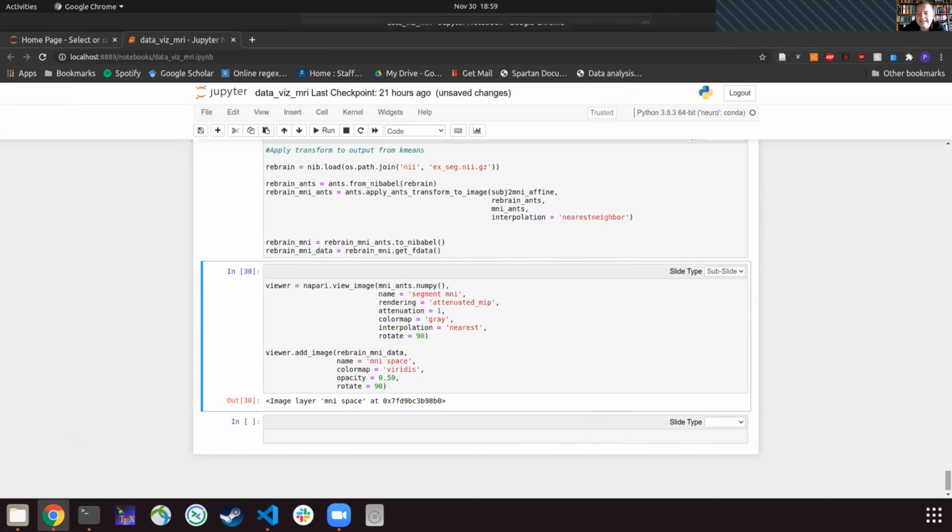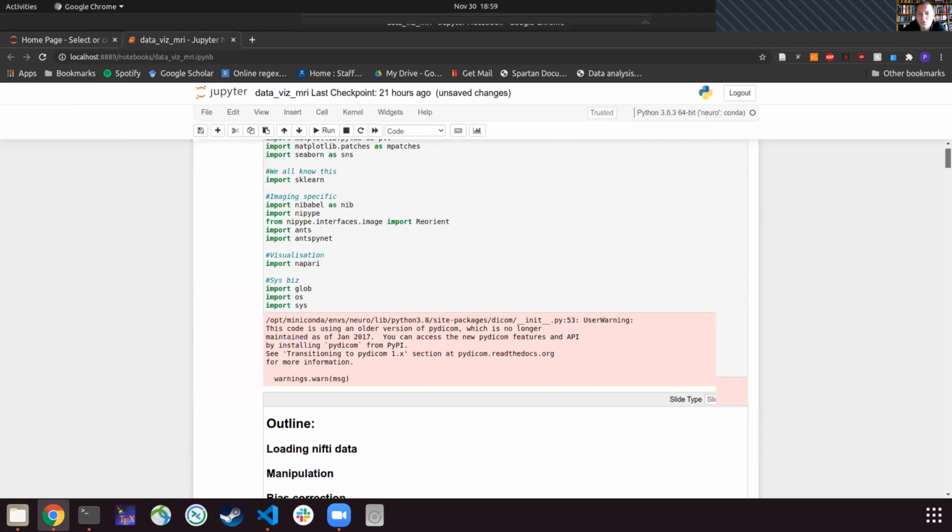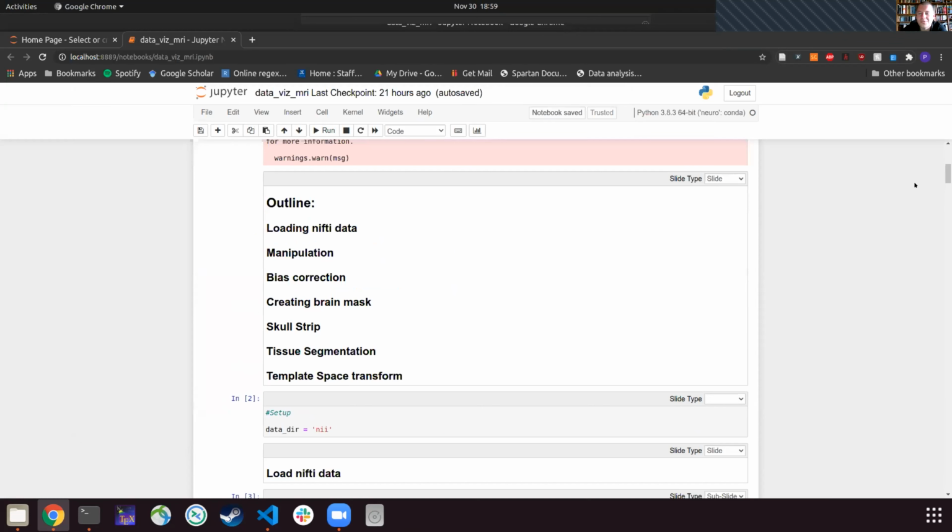So that is pretty much a very, very quick rundown of working with MRI data. But once again, before it ticks over to 7 o'clock, I just want to outline what we went through today. So we loaded in the MRI data. We did some basic manipulation, so creating brain masks using NumPy. We did bias correction of the image to get rid of any shadowing. We created a brain mask itself using a neural network, and performed skull stripping just by using some really basic